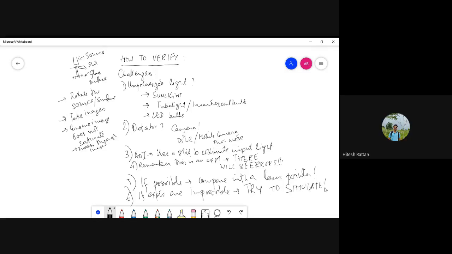Sir, if we are using a laser pointer, but you said the source should be unpolarized. No, wait. I am saying compare with the laser pointer in the sense that you will get a difference. For a laser pointer, you will get a big dependence on angle of incidence. Suppose, as there is a lot of error anyway, you see that for a laser pointer you are nicely getting the variation as expected with the Fresnel formula, with a certain error. You are seeing nice dependence on angle of incidence.